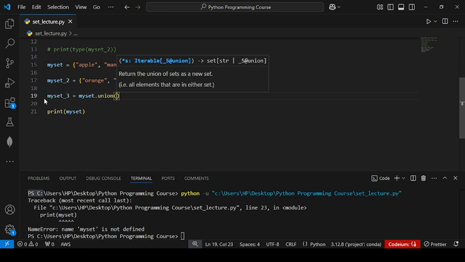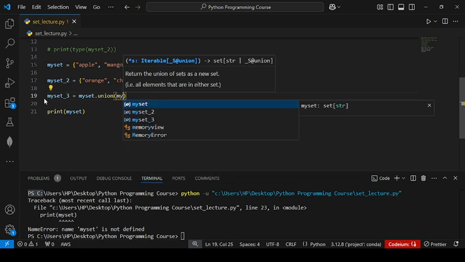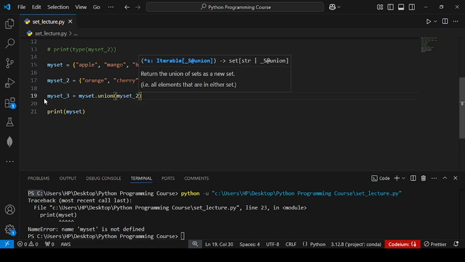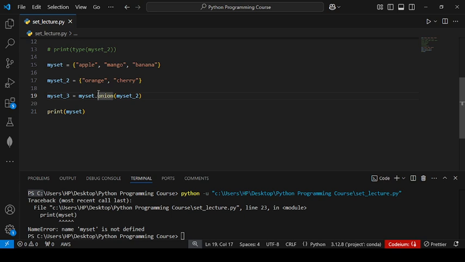So I write here mySet2. In union, we will get a new set. In this, we are joining the sets. If any item is repeating, it will be counted only once. I will show you the answer.